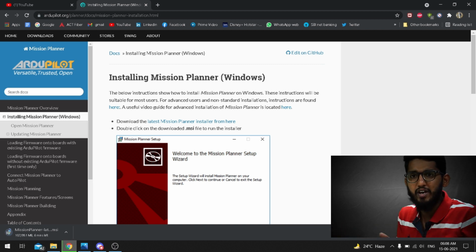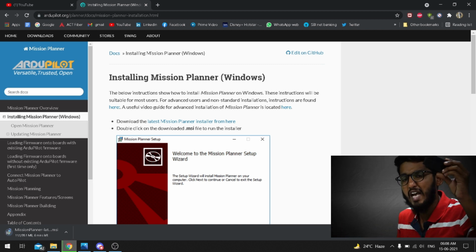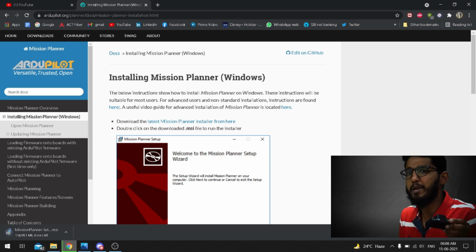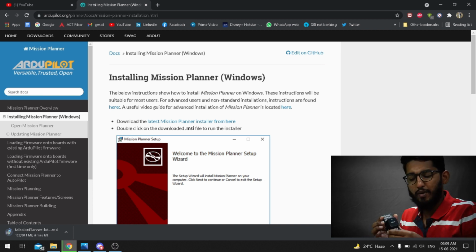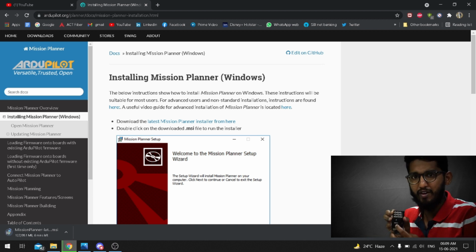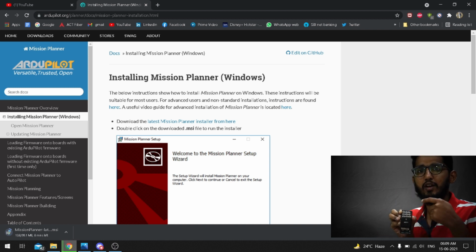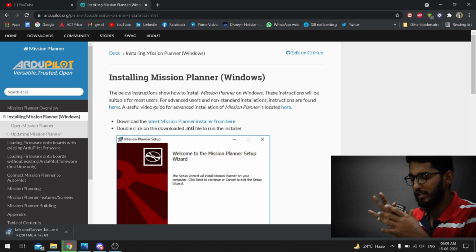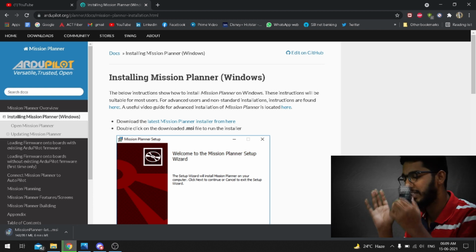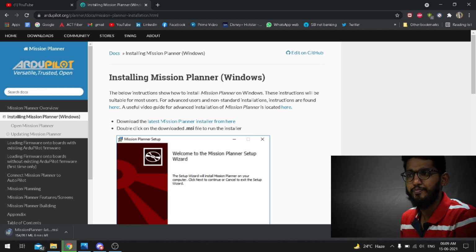We can use these hardware flight controllers with Mission Planner to configure tunings and settings, read data, and all these things can be done on the hardware using Mission Planner. So that's one of the important key features. There is a wide variety of boards that can be used.